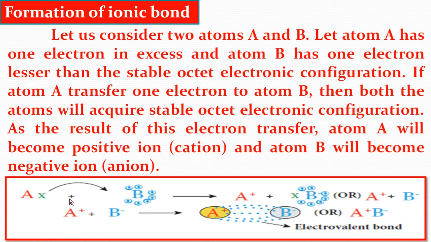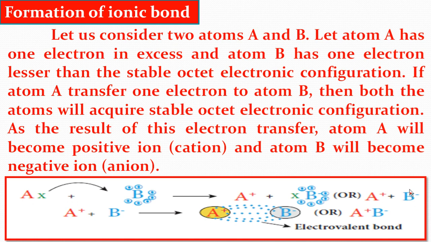So atom A has one excess electron, and atom B needs one electron to complete the stable octet electronic configuration. So, atom A transfers one electron to B. Atom A loses one electron, meaning it forms a positive ion, and atom B gains one electron,